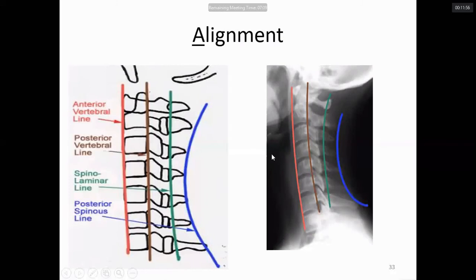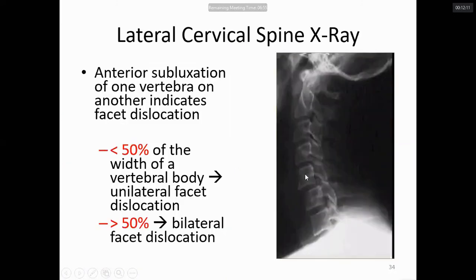Now we see here the anterior spinal line, the gap between C1, C2, C3, C4, C5 and C6. You see some displacement between C5 and C6. Otherwise, the anterior spinal line up to C5 is okay, and suddenly there is a change in curvature from C6, so these are not in the same line. If you look at the posterior spinal line, these are in the same line, but once you reach from C5 to C6 there is a sudden change and you go more posterior. That means there is subluxation between C5 and C6.